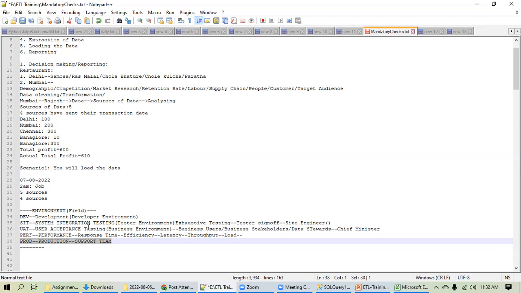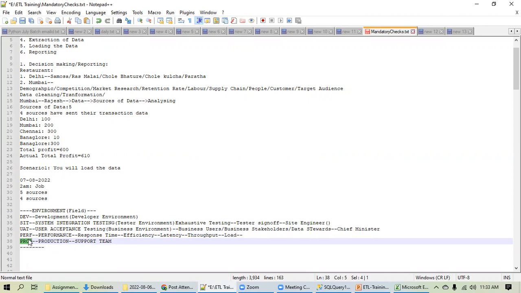Correct. Very good. Perfect. So the development team will load data in the dev environment. They will hand it over to the tester to test in the test environment. Everything is fine in UAT and perf. Then you will deploy the code in production. So in production, the development team cannot do anything. They don't even have the access. This is very strange. They cannot do anything.